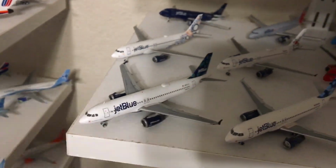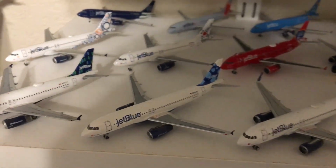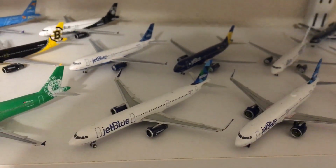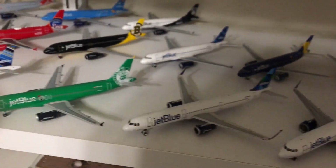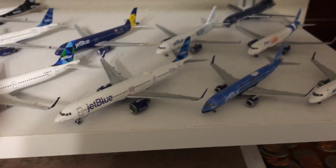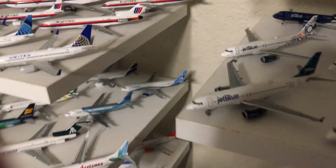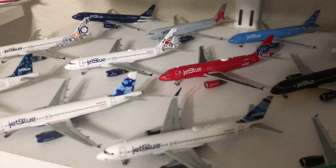Alright, so we have right here the JetBlue high-rise A320 Gemini jets, JetBlue Blueberries Velocity, JetBlue Barcode Gemini Jets, JetBlue Boston Celtics Aero Classics, JetBlue A321neo Gemini Jets, JetBlue A321. Oh no, I'm sorry. This is the regular, the old one. That's the old original Gemini Jets. A321neo Gemini Jets, E190 Blueprint Gemini Jets, E190 Barcode Tail Gemini Jets. Back there, JetBlue 10th Anniversary A320 Gemini Jets, I Love New York JetBlue Gemini Jets, the